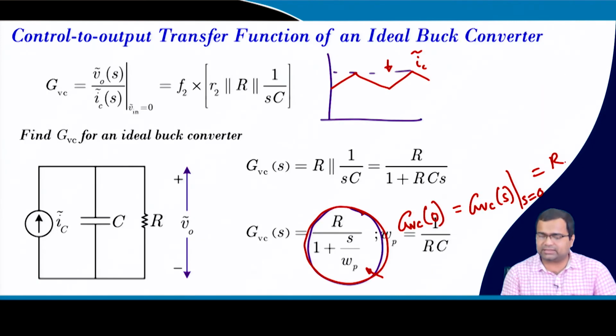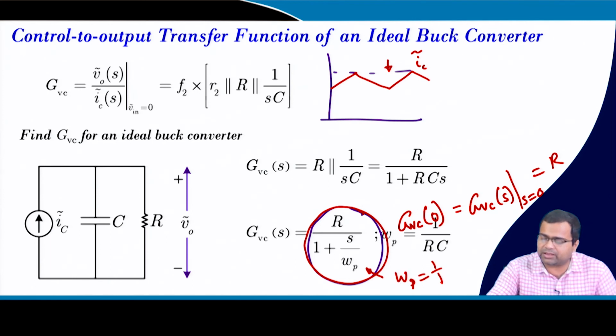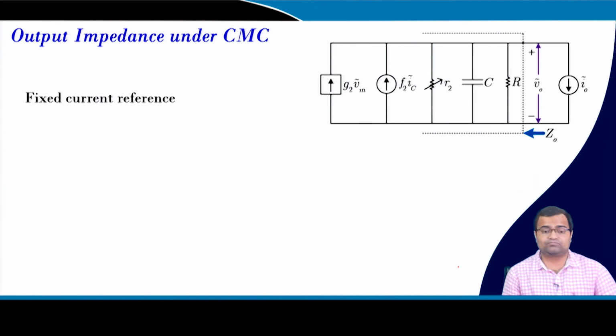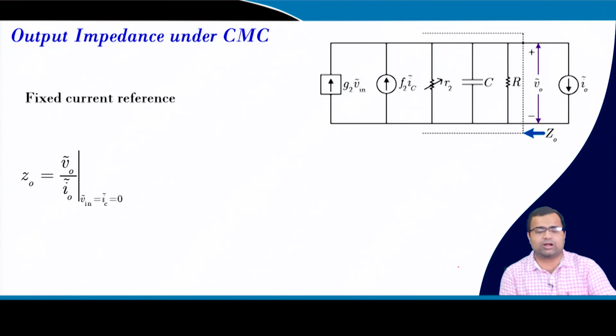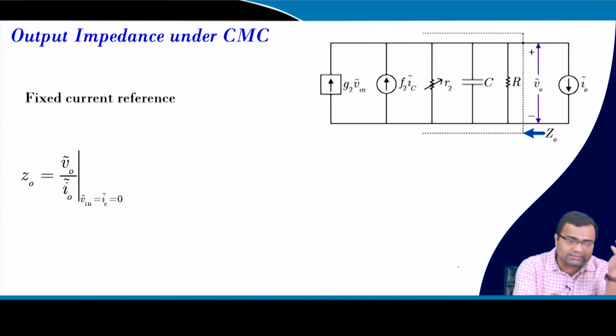Okay, so it is 1 by RC. So, the pole is 1 by RC here. This omega p is 1 by RC. Okay. So, output impedance, if we consider output impedance, we know the output impedance is, actually there should be a